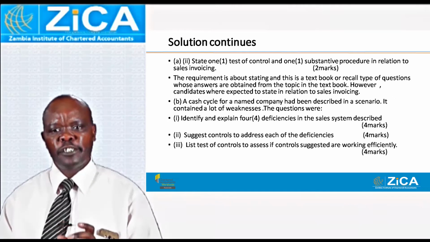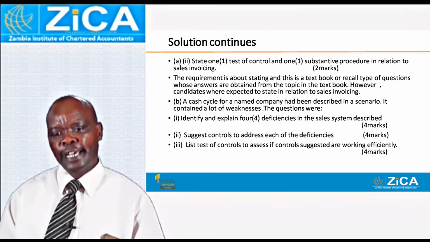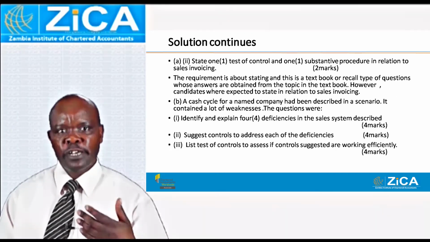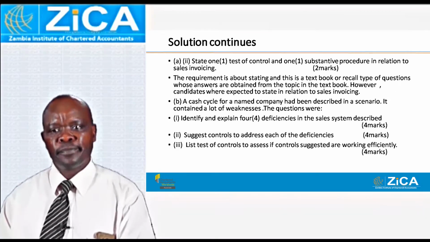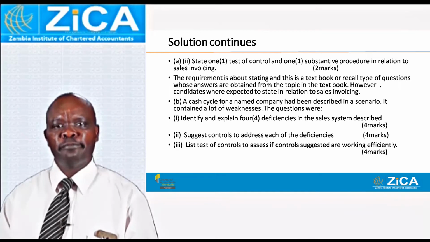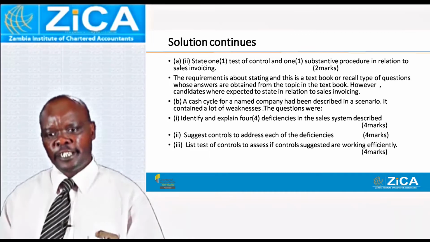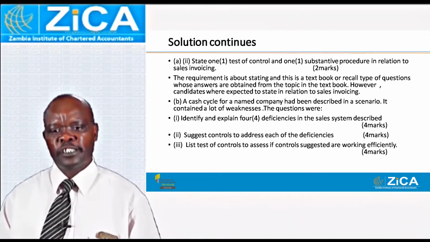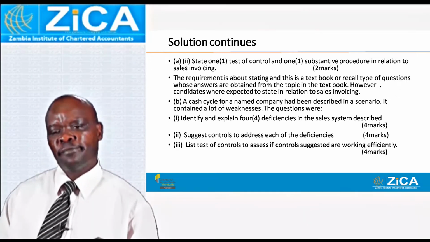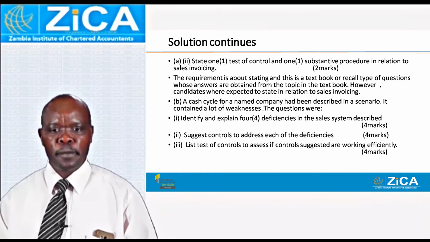And on the cash system, I would like to emphasize one particular point. The cash system consists of 2 parts. It's like a cash book. There's a debit side, so you can have a system simply on the receipt side, as well as the payment side. So in the exam, you'll see that some of the questions on the cash system are purely on the payment side. But the structure and logic of how the questions are structured is the same. We look at the weaknesses, then the controls, and then testing the controls.